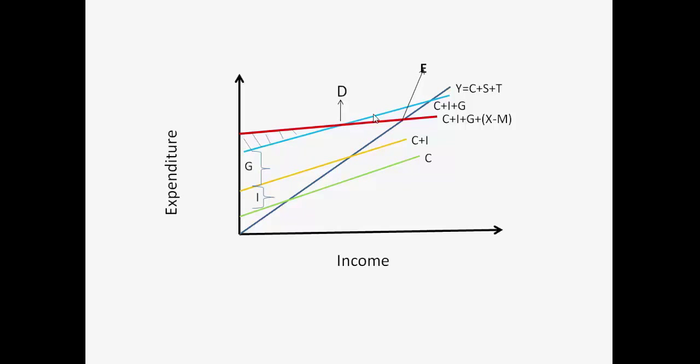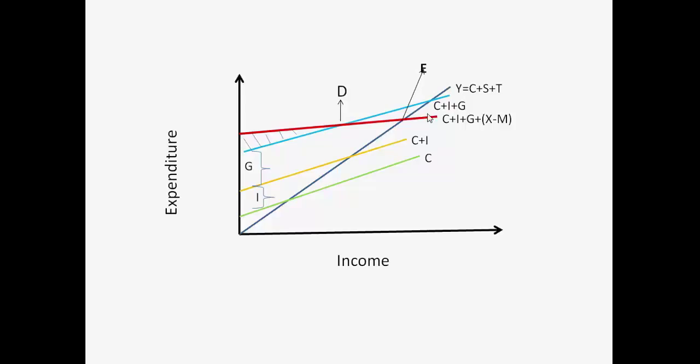Now beyond this point, the domestic demand line is more as compared to the aggregate demand line. So this particular portion shows that the imports are more than exports, and hence there are net withdrawals from the income stream in the economy. Fine, I suppose you got the point, where the aggregate demand line is less than the domestic demand line.